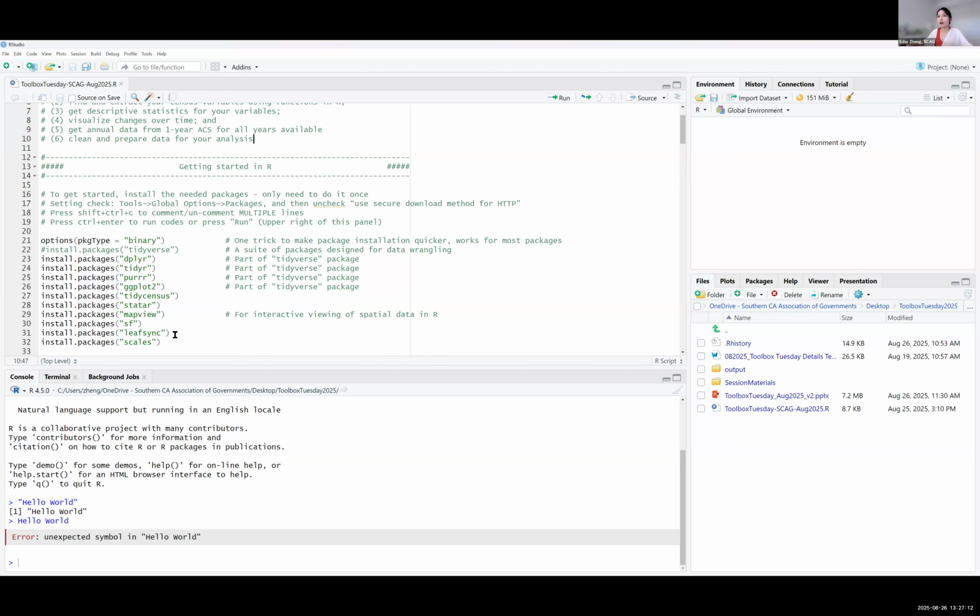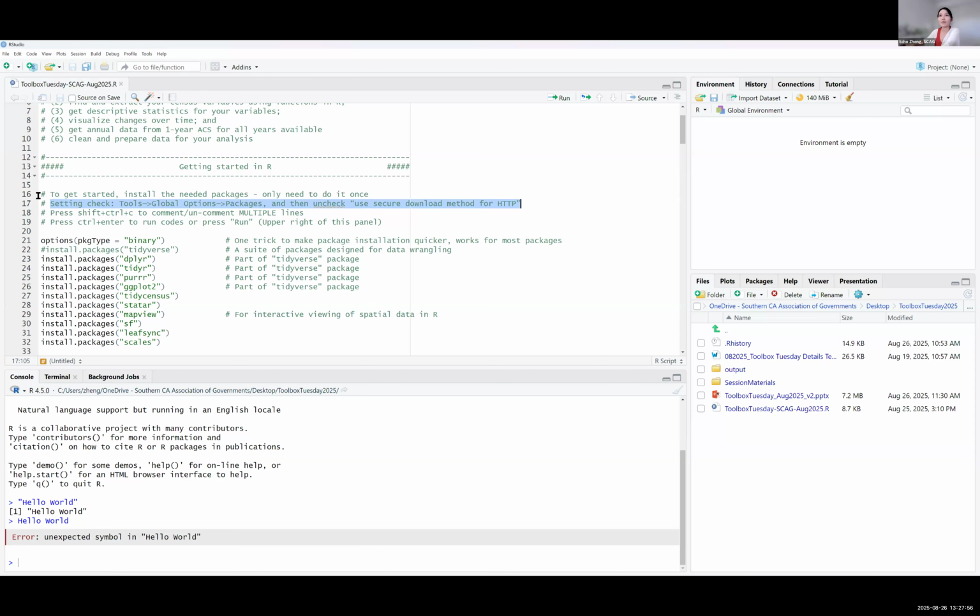To set up your R environment, you need to install the packages that you will be using. Think about it like Microsoft. You need to install Microsoft, and then you can use it. I made a little adjustment so this looks a little different from the pre-session materials I sent out, and hopefully this one works better. But before we install these packages, there are a couple of setups that we can check. For example, you need to go to Tools. If I'm going too fast and you can't follow, I also leave the notes here.